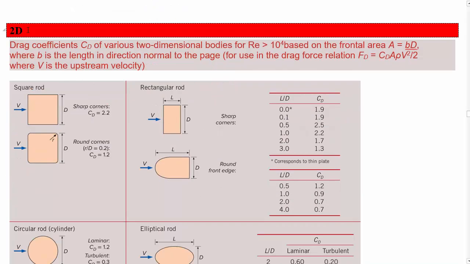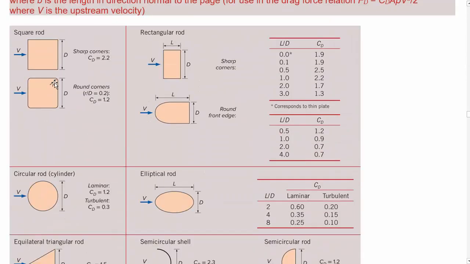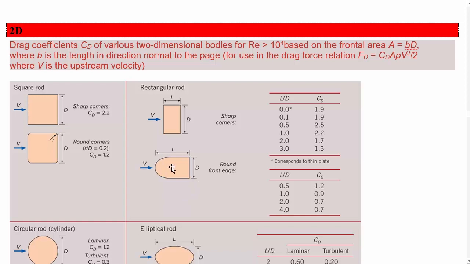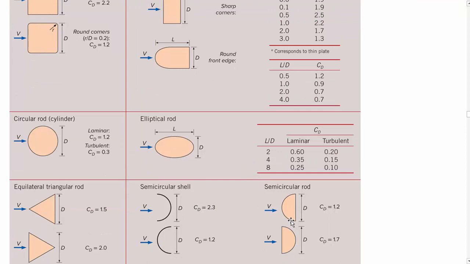Next, we're going to look at some 2D flow. This is for cylinders, so things coming out of the page that are long in that direction. We're going to take their length out of the page as b and assume that b is fairly long so that we can take this as two-dimensional flow. Then the D shown in the picture is the one to use for Reynolds number unless otherwise specified,